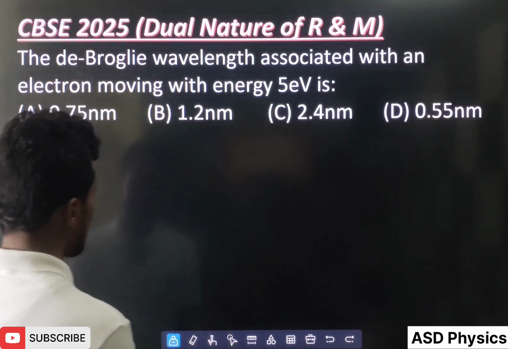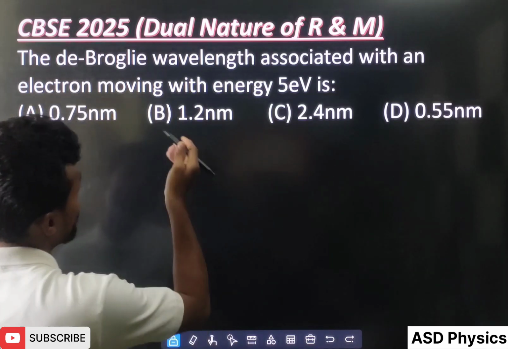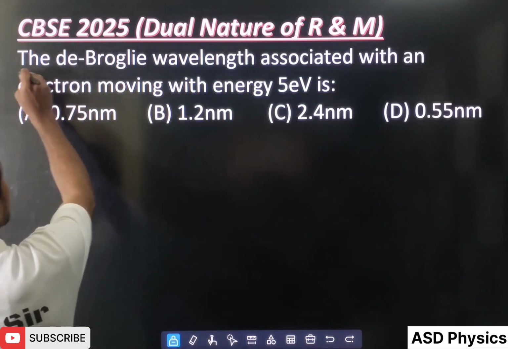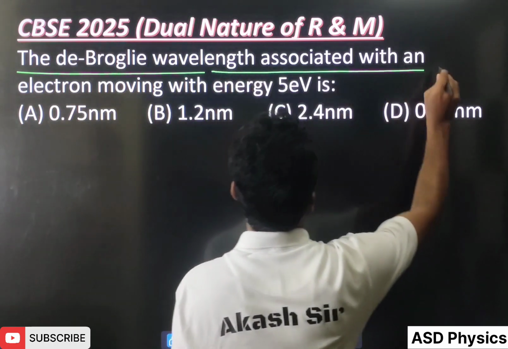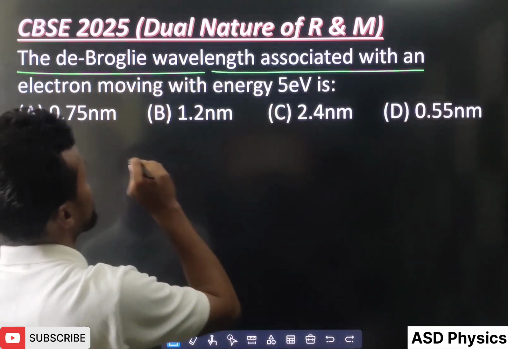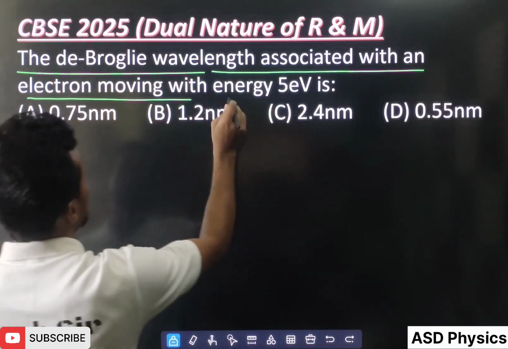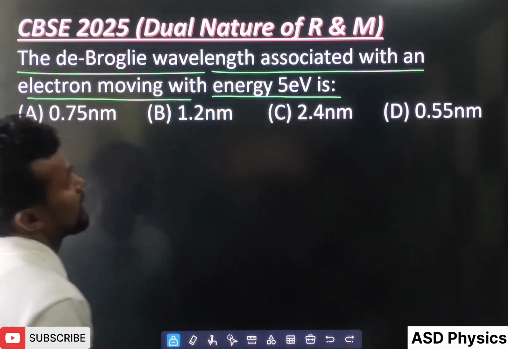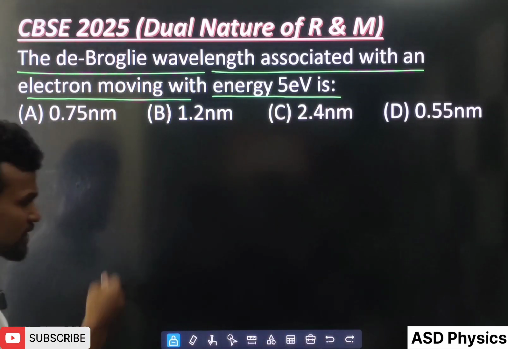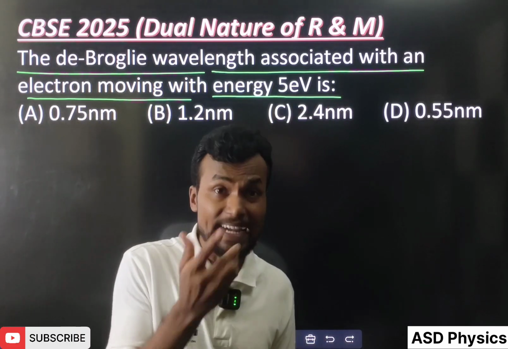Now students, after that, next question. What is the question? See here. Again, dual nature of radiation and matter. The de-Broglie wavelength associated with an electron moving with energy 5 electron volt, how much? So the de-Broglie hypothesis tells that, like light is there,